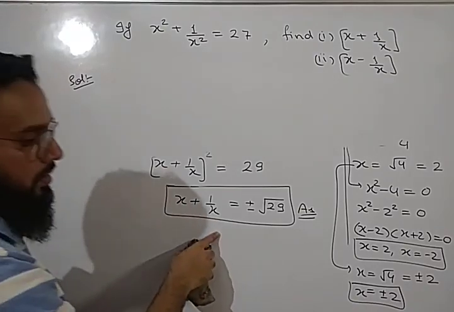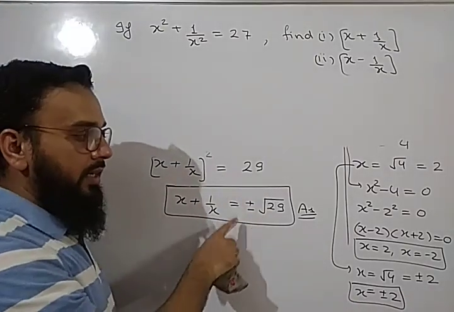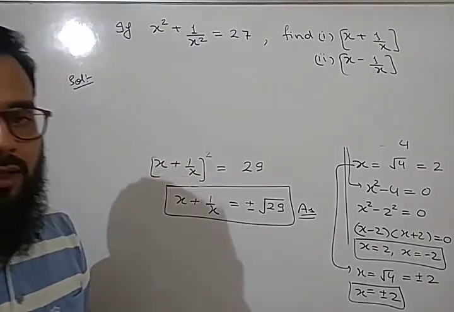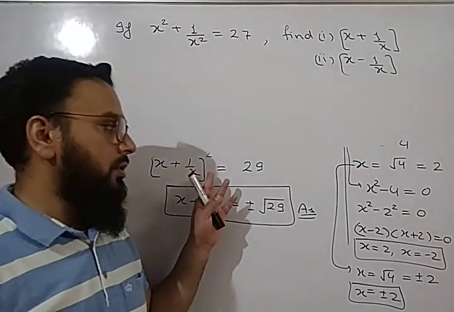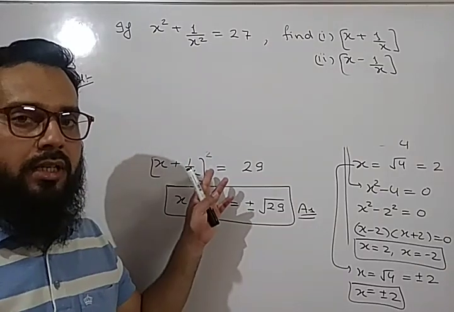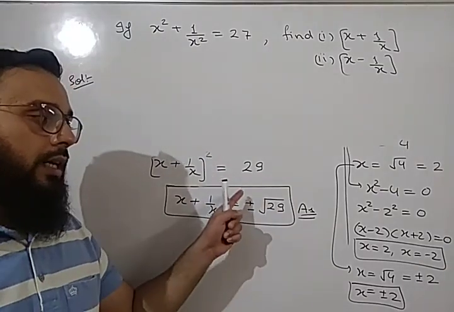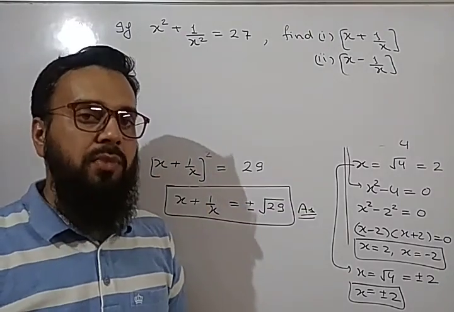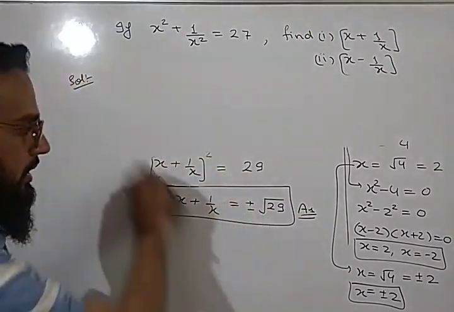Always remember this thing. Most of the students make mistakes in this particular thing. They don't use the minus sign and the marks are deducted. Whenever there is a square of a quadratic term, and you take the square root, then both the plus and minus signs will be used. Always remember it, so that your marks will not be deducted.